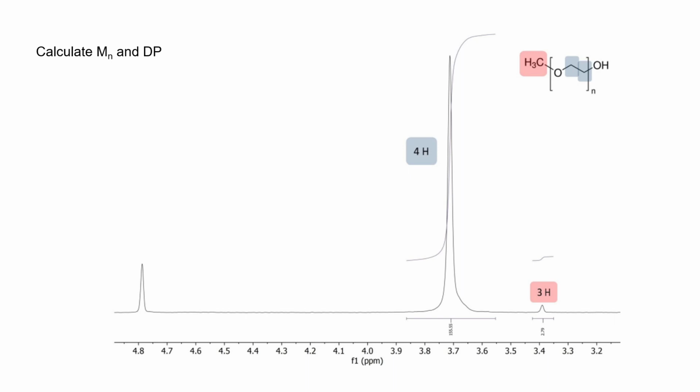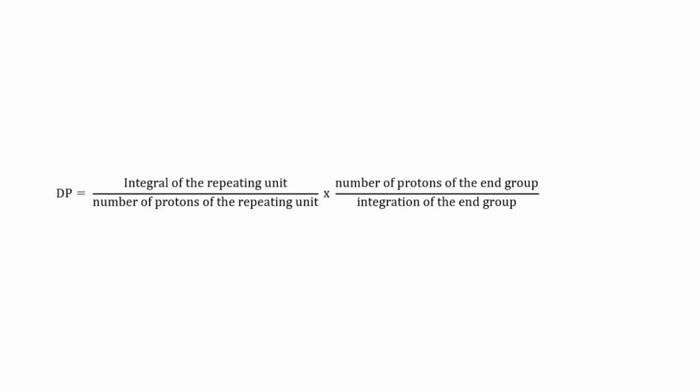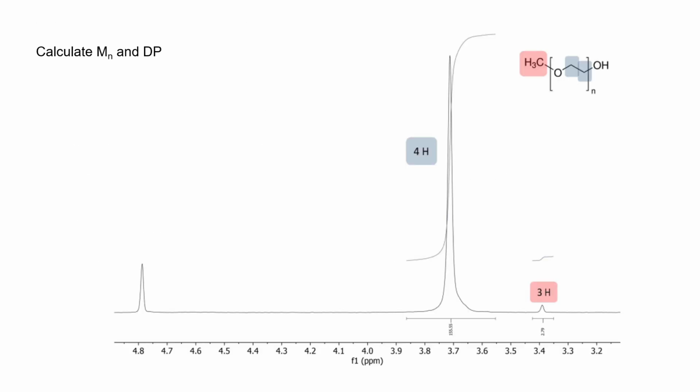This is the general formula for that. Let's see how this particular n can be calculated. If you want to know how many monomer units are attached to each other, this kind of technique